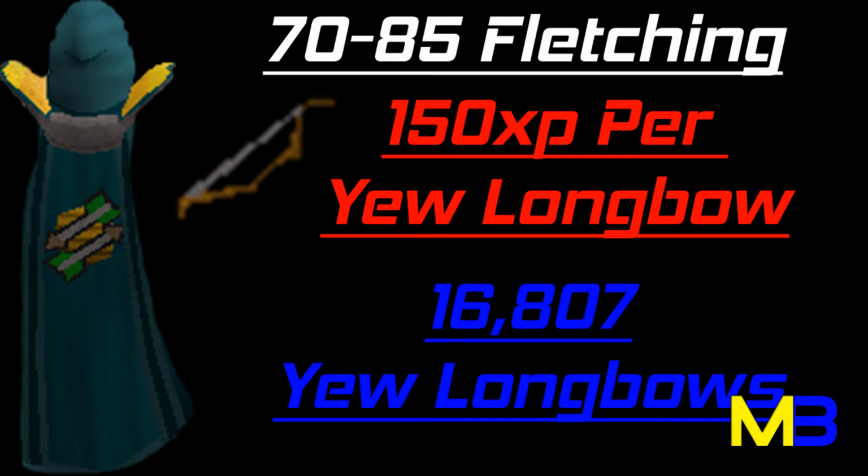It's going to be 1.68 mil for the bowstring, and 7.4 mil for the logs. And I know that's a huge amount of money, especially if you don't have the money. So you can buy these in increments and sell off the bows as you work up, and that's what most people do. And from 70 to 85, you should expect to make about 2 mil profit,